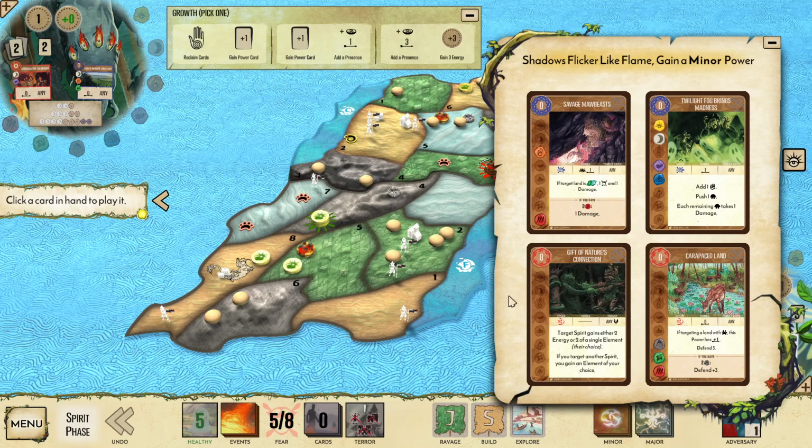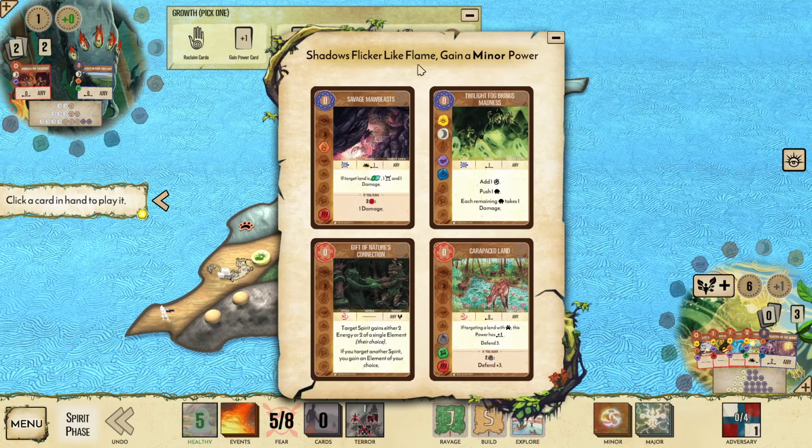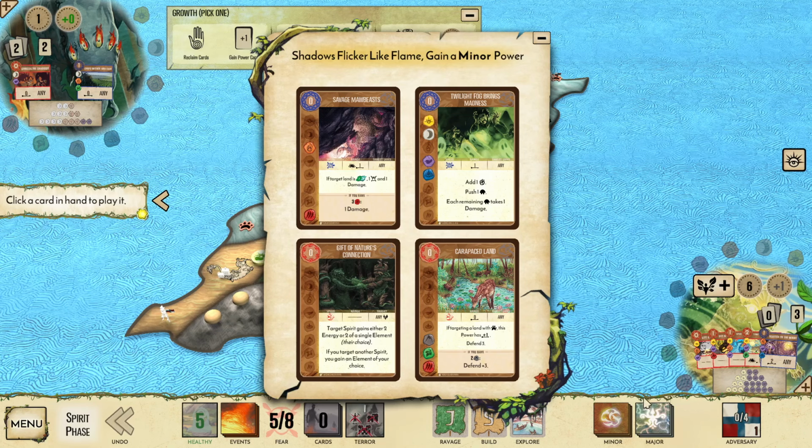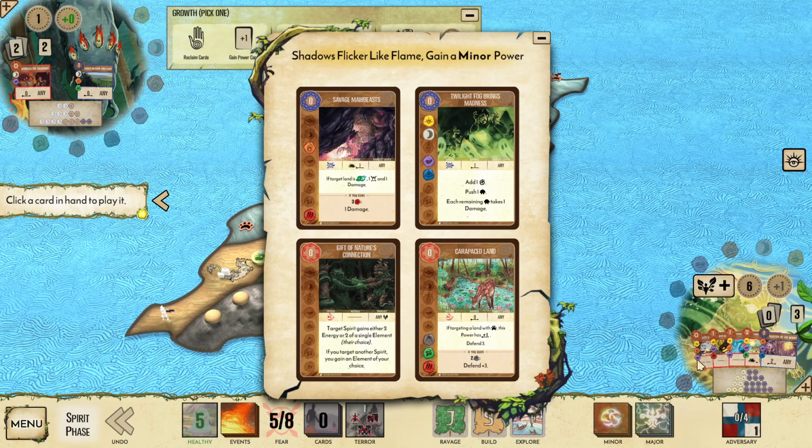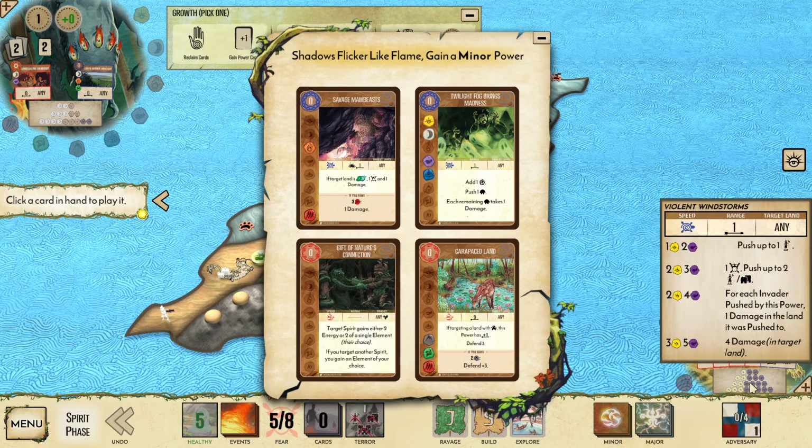Oh, wow. Gift of Nature's Connection is almost always really good. We could probably... Goodness, we could hit Whirlwind's level 3 and 8 this turn. Could we even hit level... Whirlwind has 3 card plays. We could hit Whirlwind's max level in 8 this turn. That might actually be well worth it. I'm